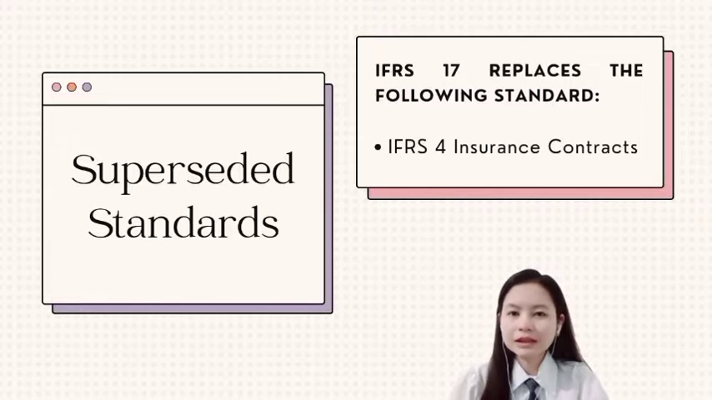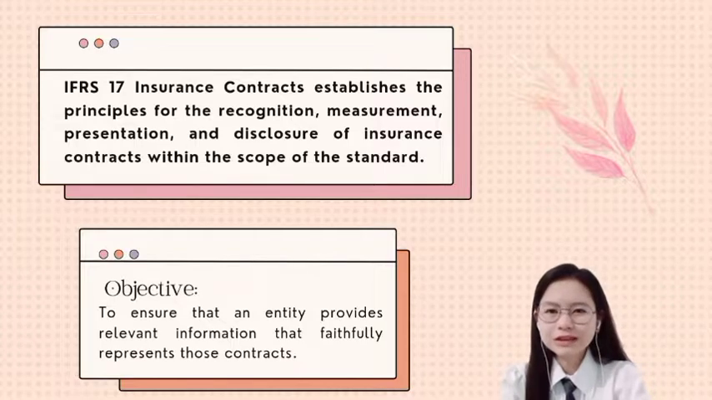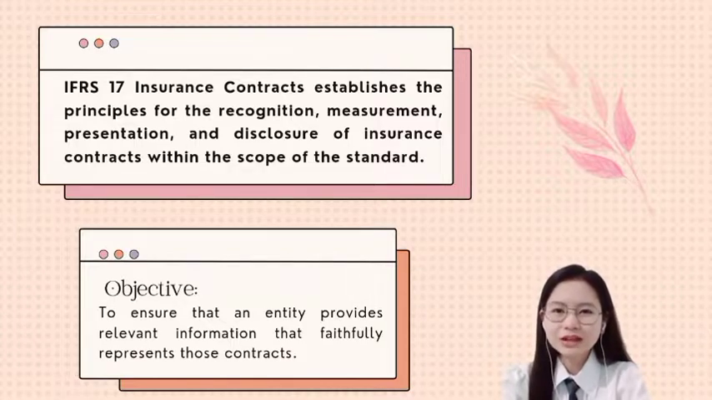At kung mapapansin natin, from IFRS 1 hanggang IFRS 17, ang wala lang yung IFRS 4. Kasi nga, tinanggal siya at mas inelaborate sa IFRS 17. Again, IFRS 17 replaces IFRS 4 insurance contracts. IFRS 17 insurance contracts establishes the principles for the recognition, measurement, presentation, and disclosure of insurance contracts within the scope